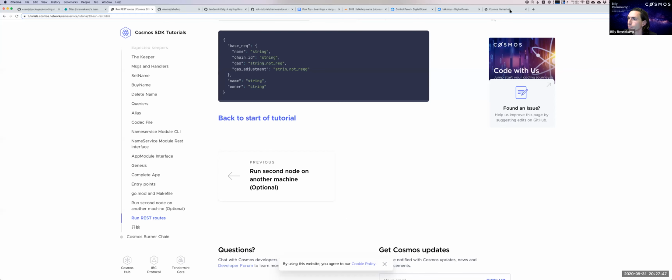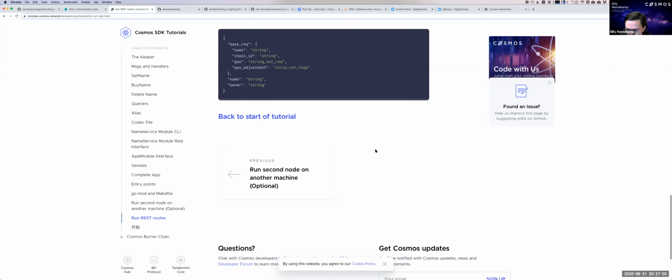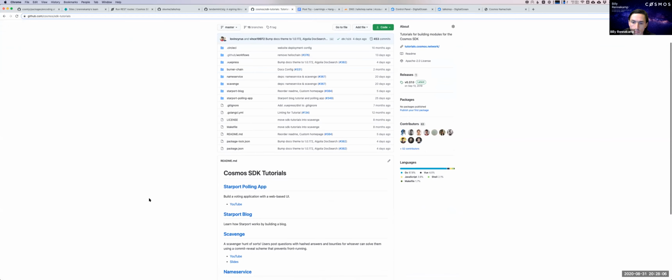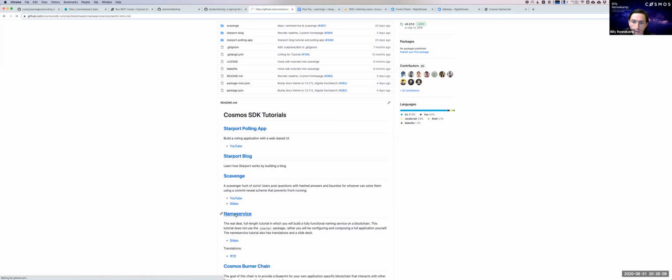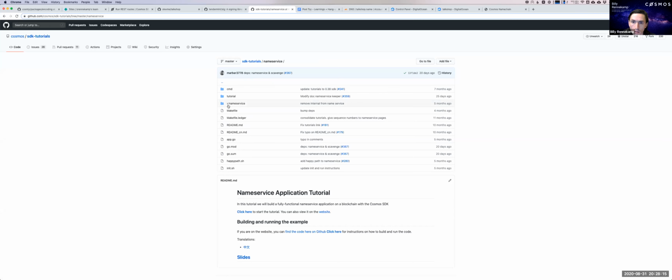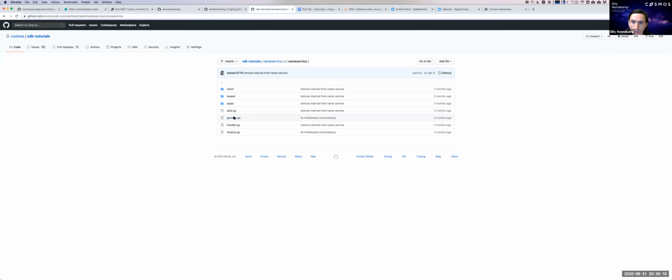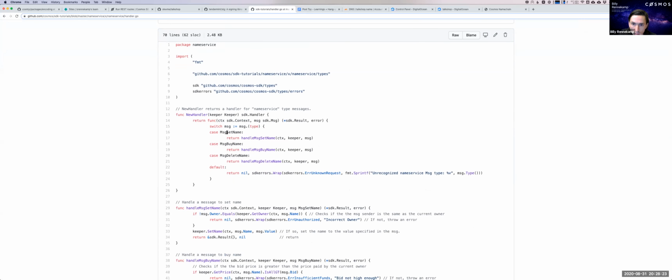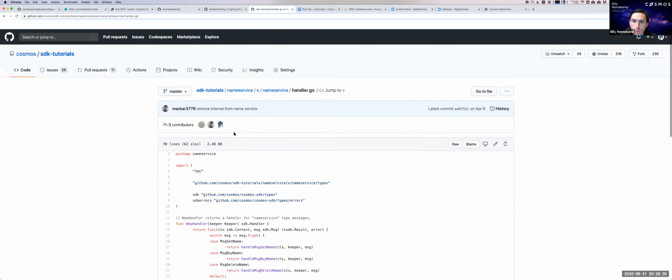Great to hear. Okay, so I have compiled and deployed an instance of this name service application, which is available at cosmos/sdk-tutorials/nameservice. You can click here and go in. This is the instructions for it that we just went over, but you can also look at the actual code here. That's the module that we just built, the handler that I was talking about, where you can see the switch statement, here are the 3 different message types, et cetera. So anyways, I built that app